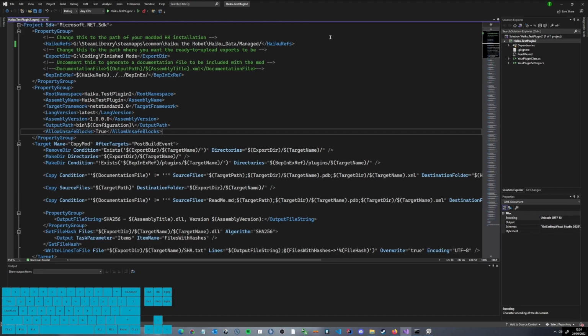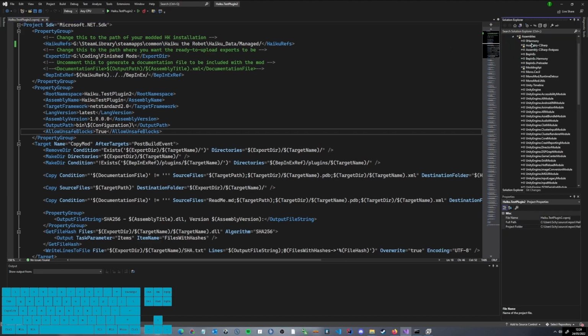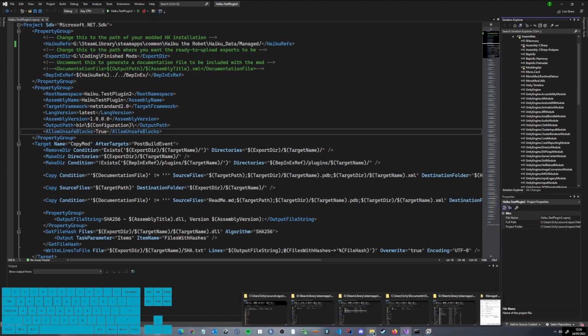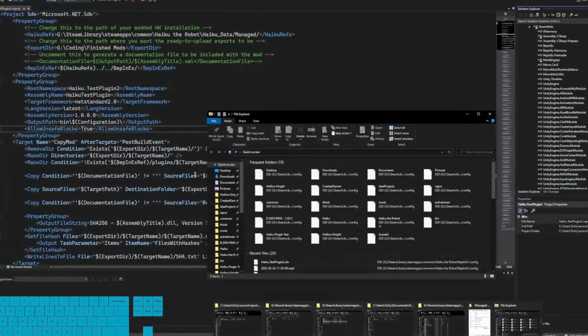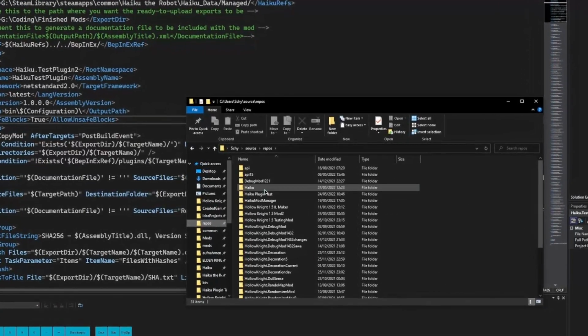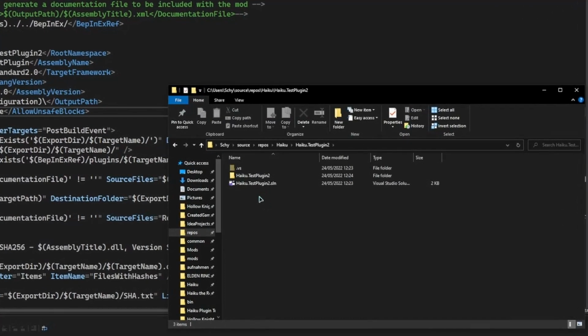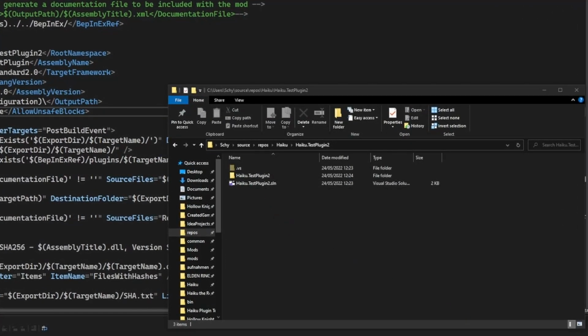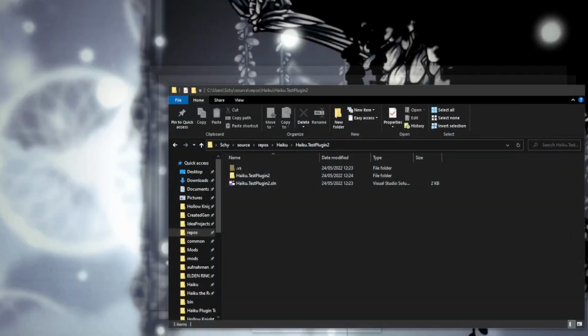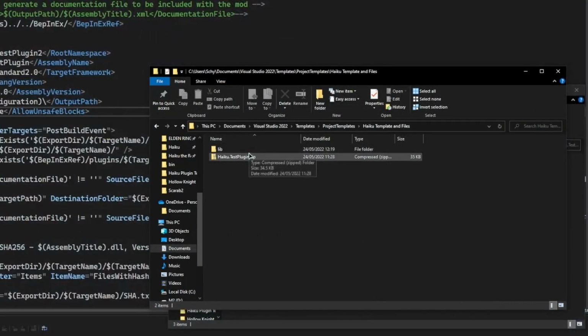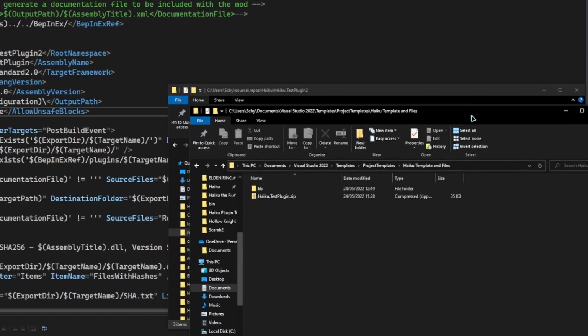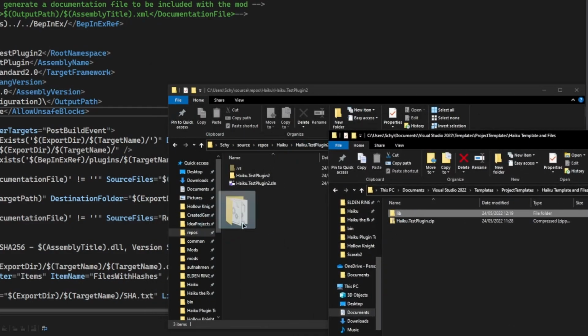Now, you see that it is still missing 2 references. For that, we will go into the folder that we just created, which is just plugin 2 for me. And in here, you will drag and drop the lib folder for the library.